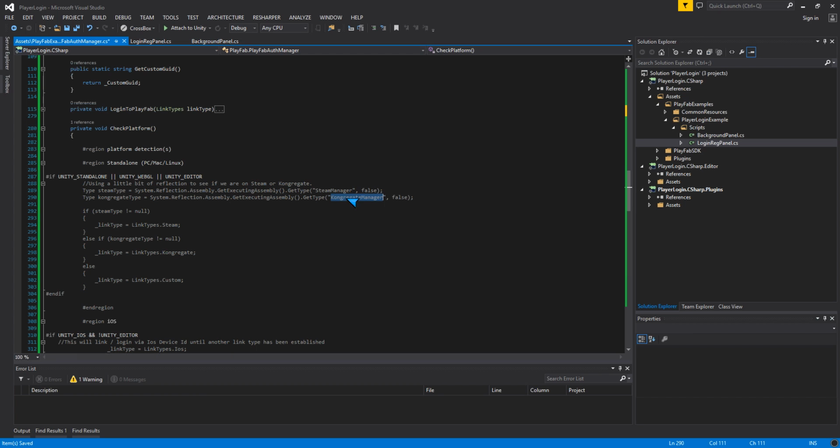So this name would change to whatever particular one you have. But what this is doing is it's a little bit of a reflection to see if that assembly actually exists. So if you do have the Steam manager present, then we're going to say, hey, we're recommending that you use a Steam link type. So we're doing these checks there, and then if all else fails, we're going to roll back over to custom